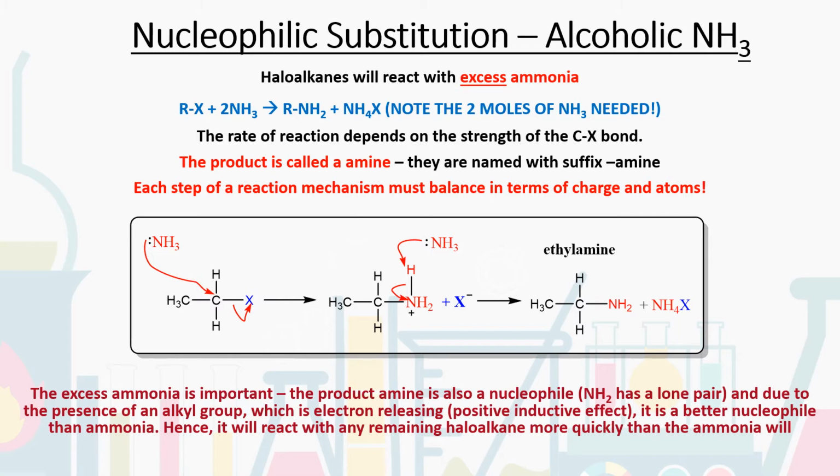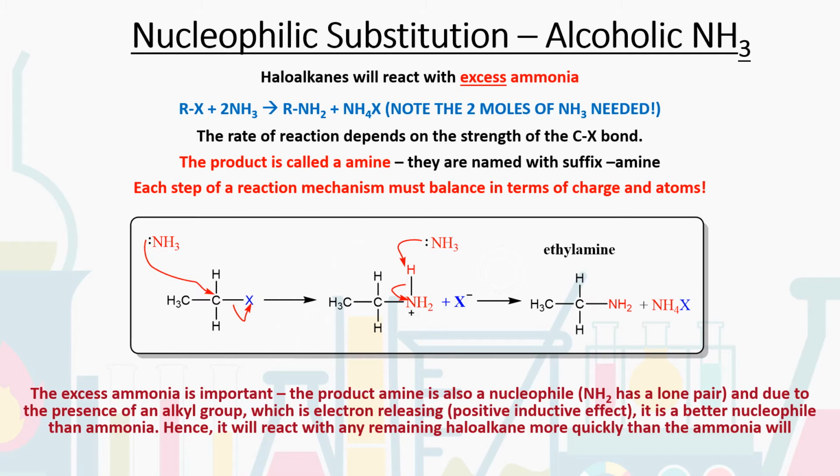Instead, we have to attack one of the hydrogen atoms that's attached to it. That will be delta positive still, because our nitrogen is electronegative. And so we have a delta negative on the nitrogen, technically, and a delta positive on the hydrogen. So we have an arrow from our region of electron density, the lone pair on the NH3, to the delta positive hydrogen atom. Hydrogen can only have one bond, so we have to then break the other bond that it's attached to. And so we have an arrow going from the centre of our NH bond onto the electronegative nitrogen. And what this ends up doing is forming our neutral stable amine, ethylamine, and we end up forming this ammonium salt,